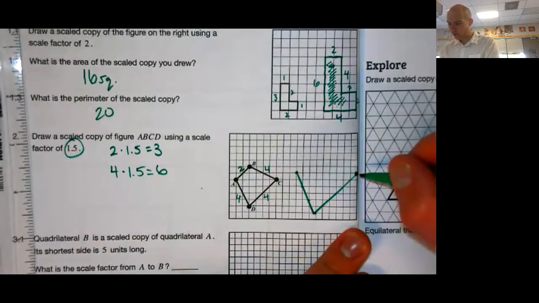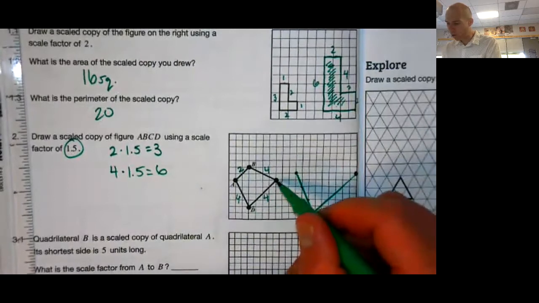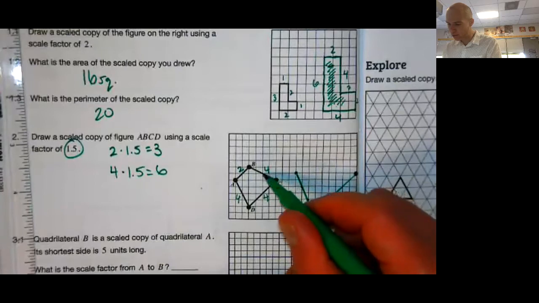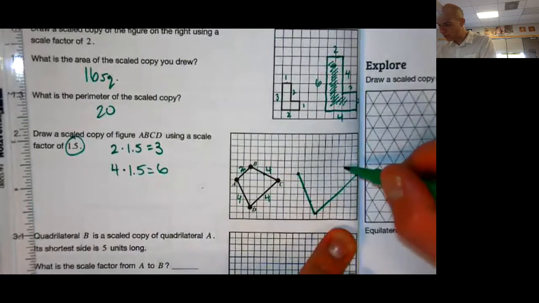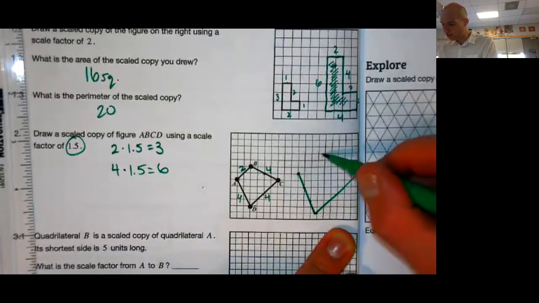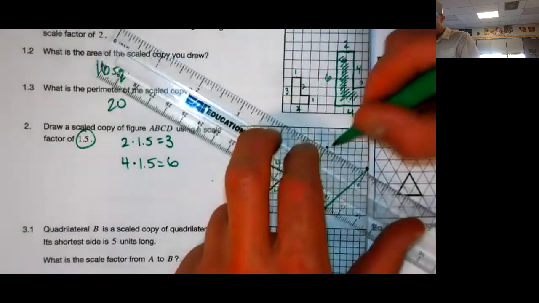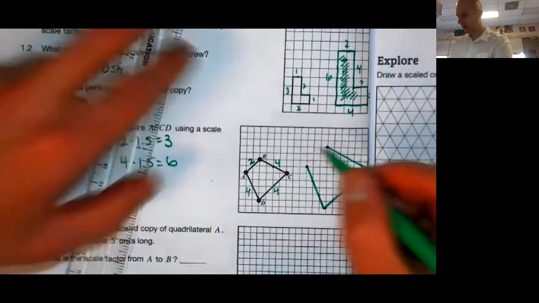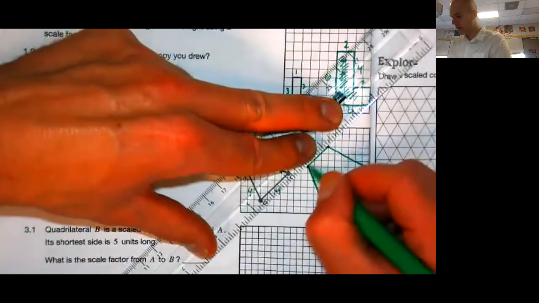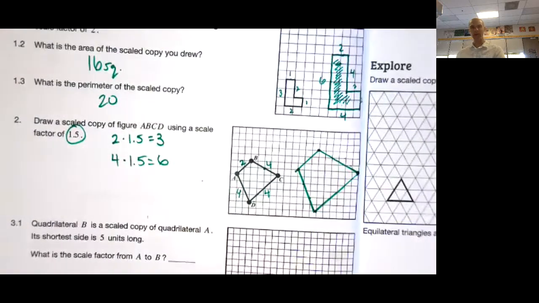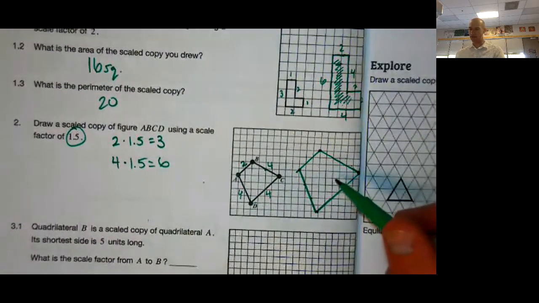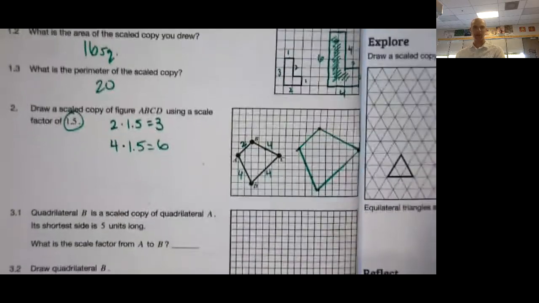This time instead of up 2 over 1, it's over 2 up 1. See how this is doing this here on this side CB? I'm going up 1 and then over 2 to get to this point, and then up 1 and over 2. So up 1 over 2 one time, up 1 over 2 a second time, and then up 1 over 2 a third time. I want to connect to that dot right there. And I can just connect this last one here. All right, that was pretty tough, but now we got our quadrilateral that's 1.5 times bigger than that original